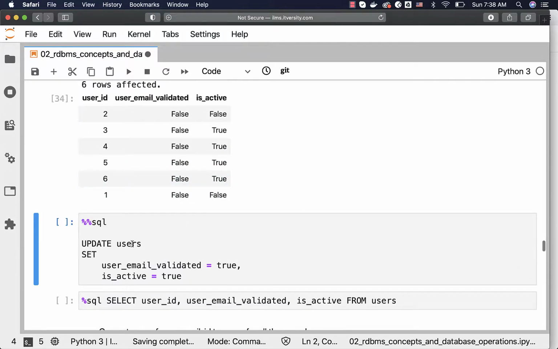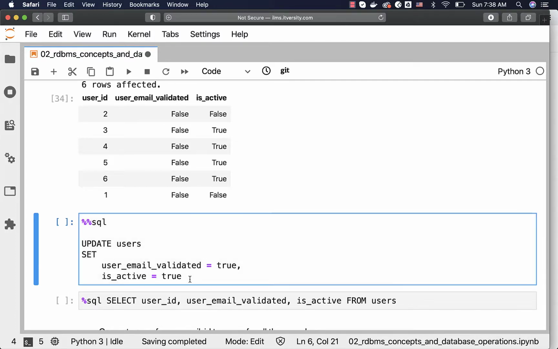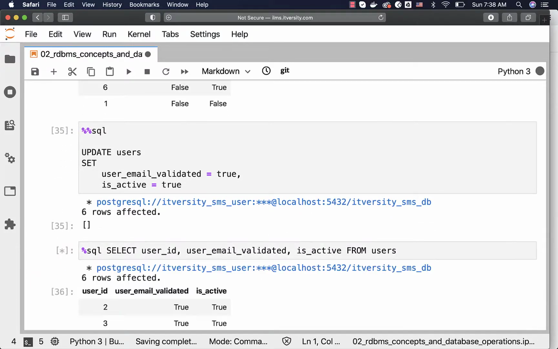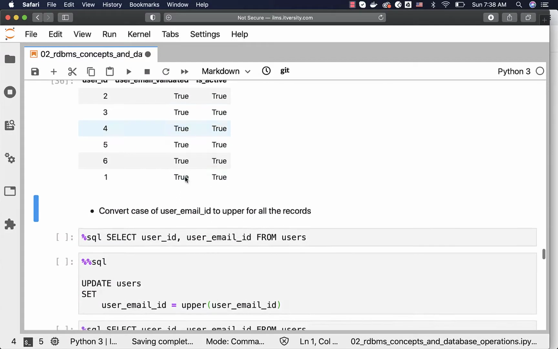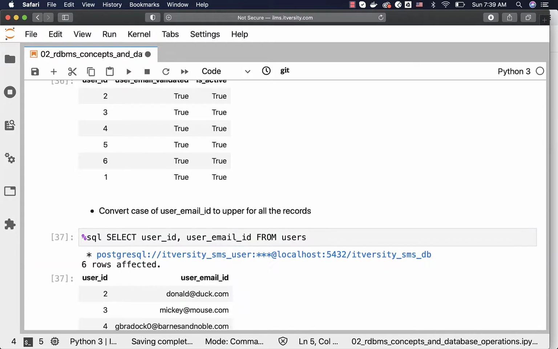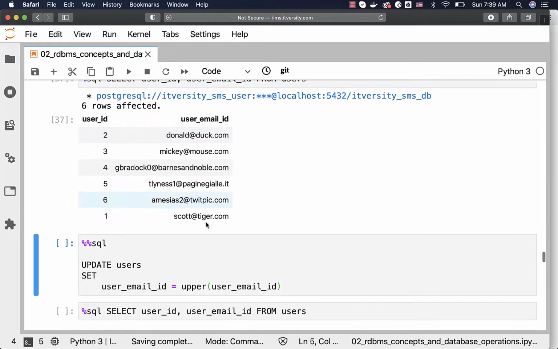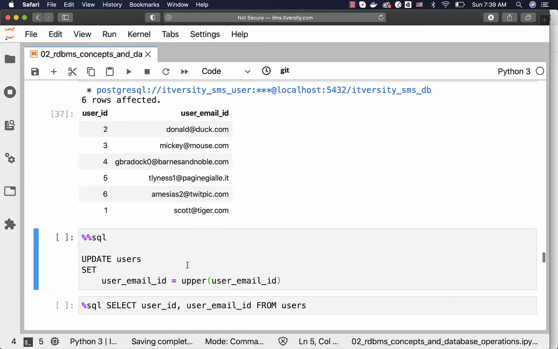This is how it will look like. We can say update users, set user email validated equal to true, is active equal to true. It will take care of updating all the records in the table. You can run this query to see the results. Now let's convert the case of user email ID to upper for all the records. If you look at user ID and user email ID, you can see that email IDs are all in lowercase. To convert everything to uppercase, we just have to say update users, set user email ID equal to upper of